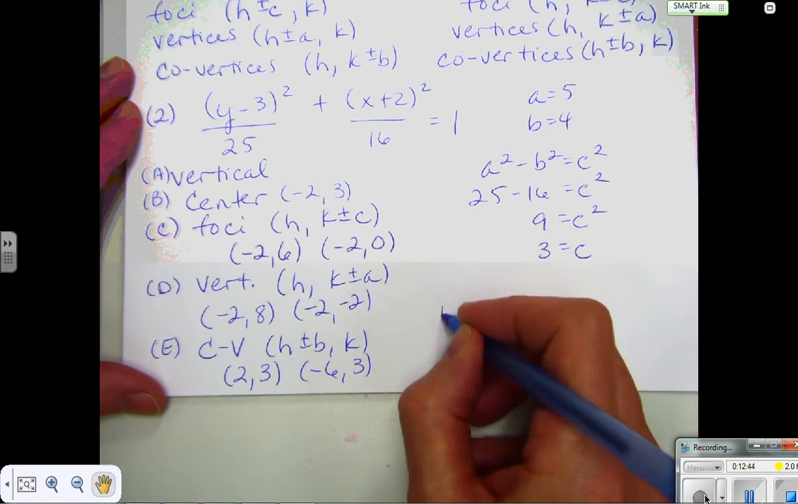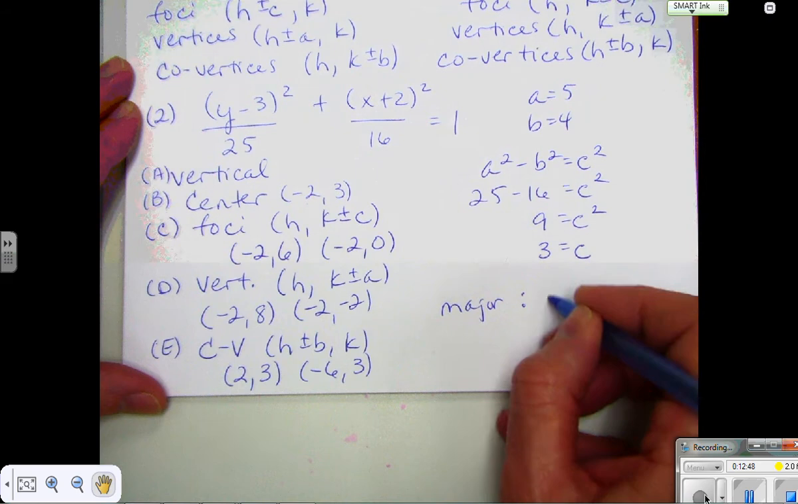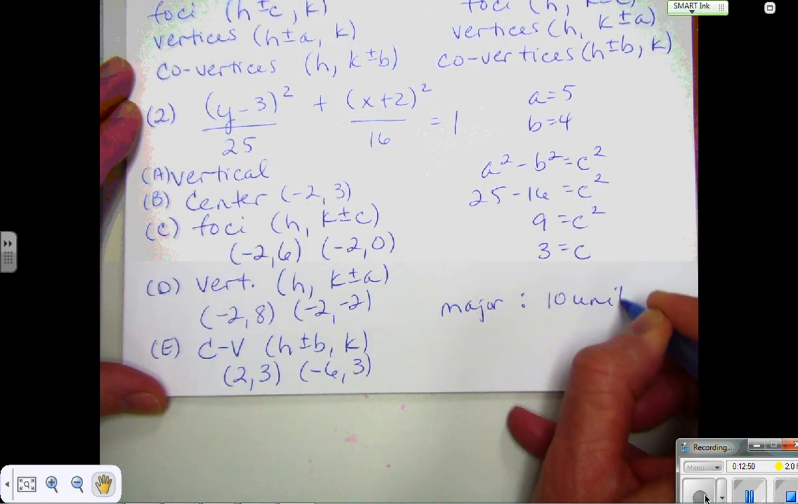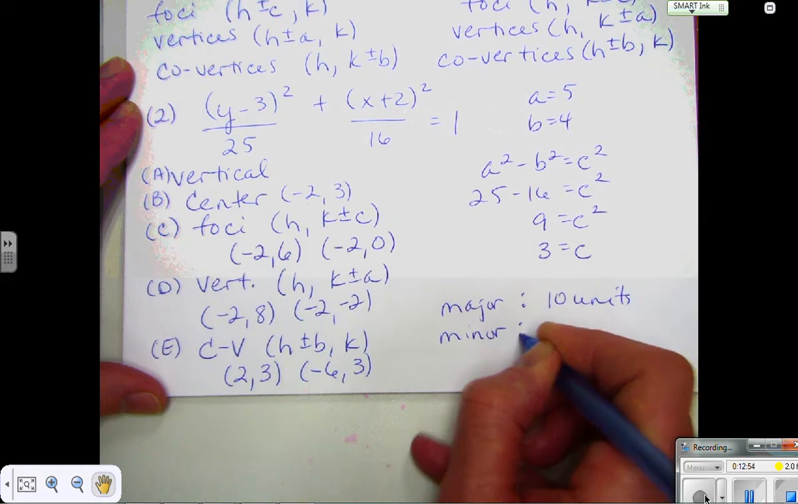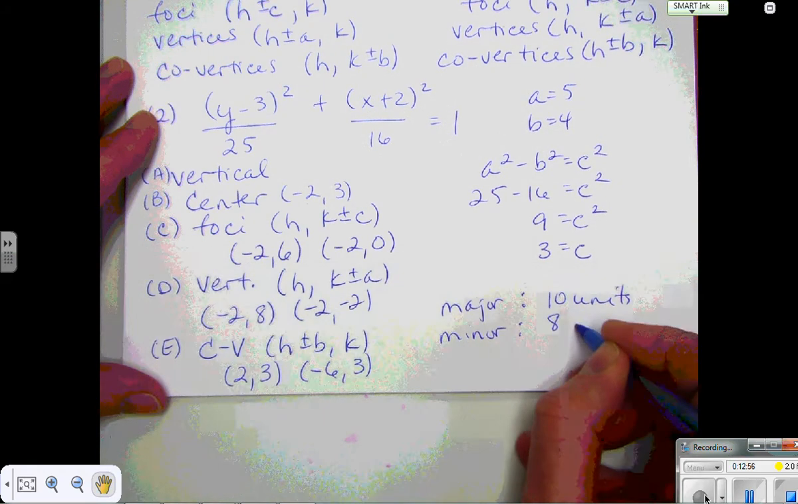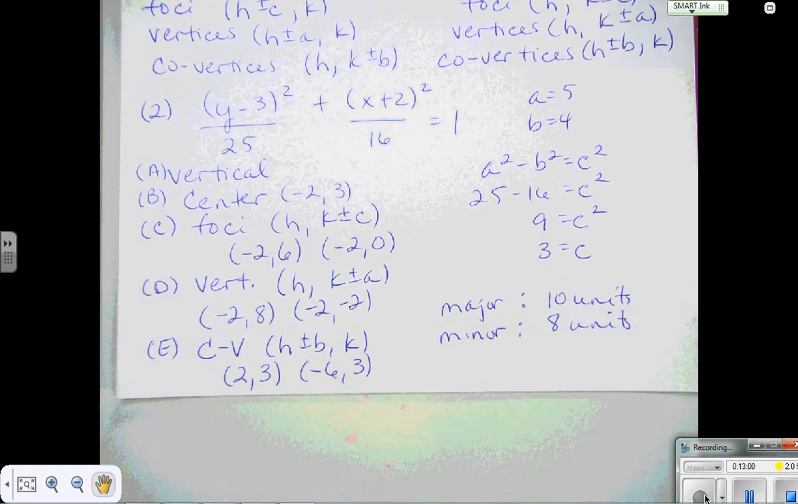And then your major axis is 2 times a, so that's 10 units. And the minor axis is 2 times b, so that's 8 units. That's pretty